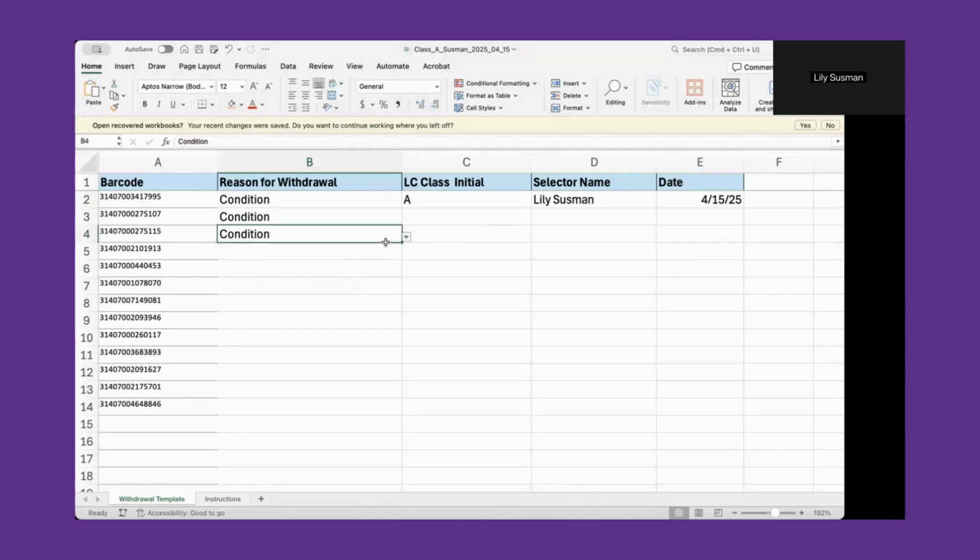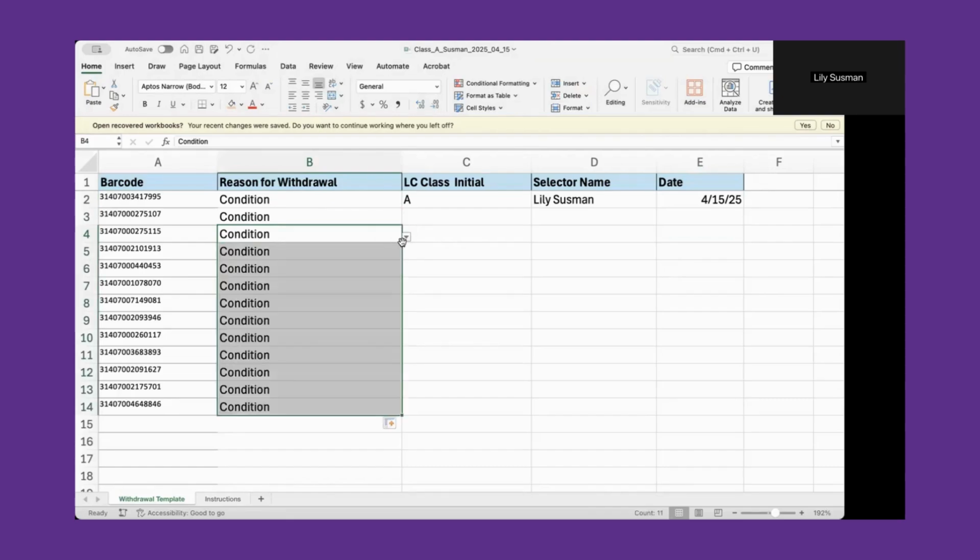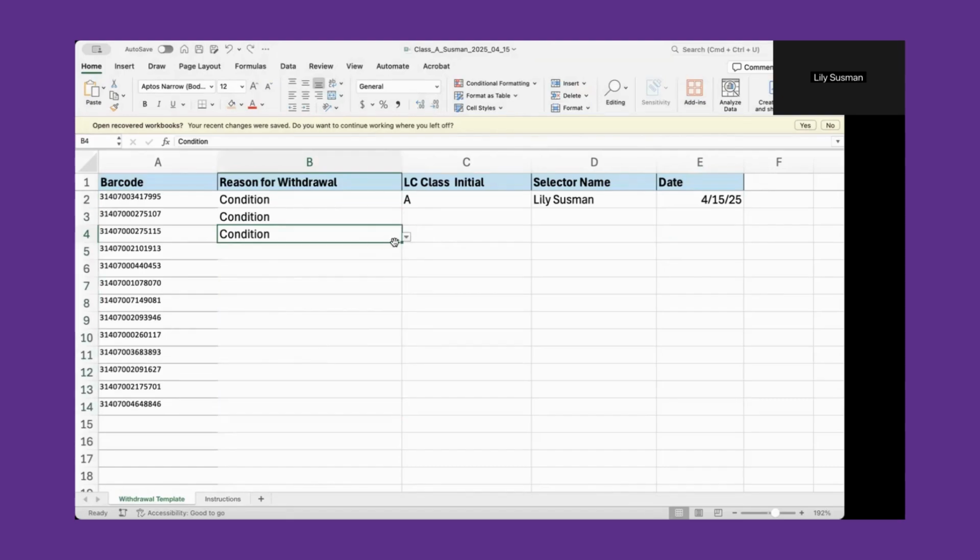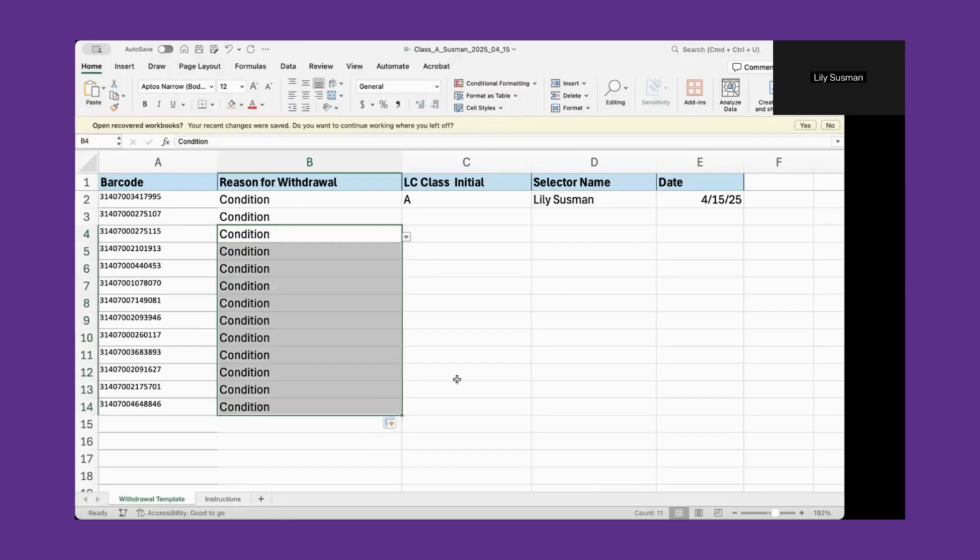So one thing you can do is double click the right-hand corner and that will autofill down to the last filled cell. Or you can drag your answers down like this. Similarly, with class initial,